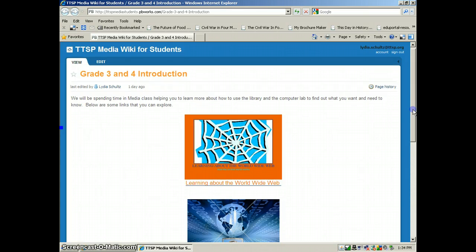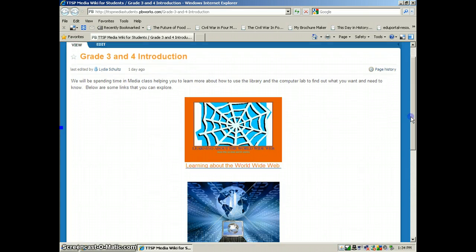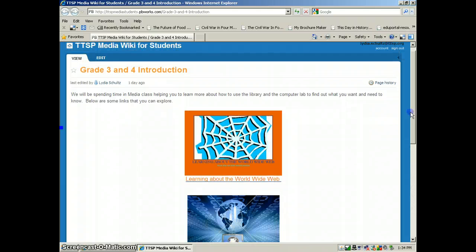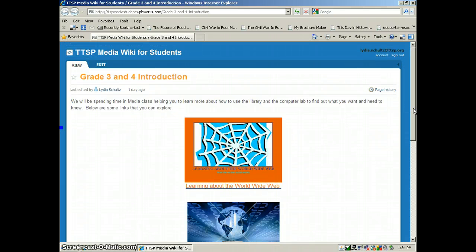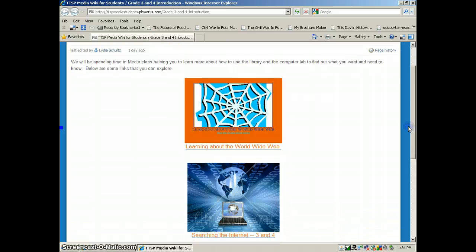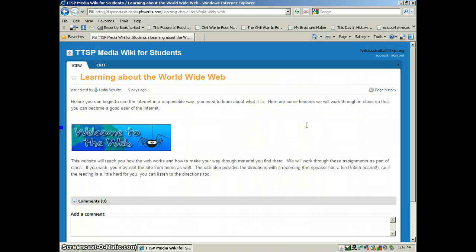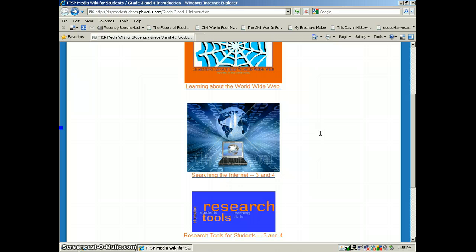let me maximize that. And it will show you the choices that you can have about research and learning how to use your computer for internet and other sources of information. This first site, called Learning About the World Wide Web, is a site which we will be using to help you learn how to use the internet in a safe and reasonable kind of way. If we click on the back arrow here, I can show you the next